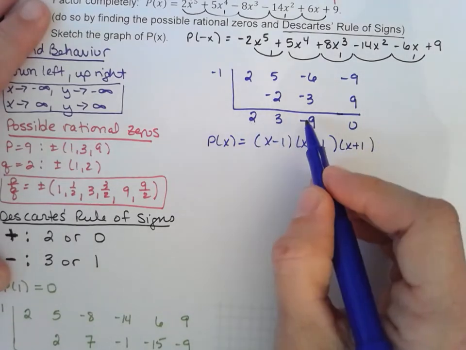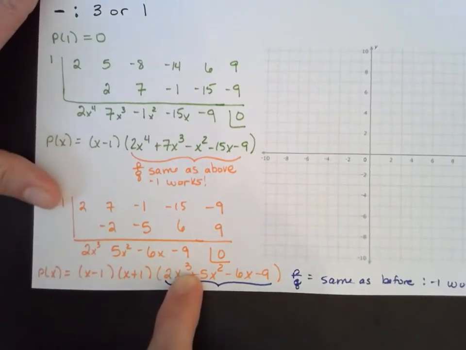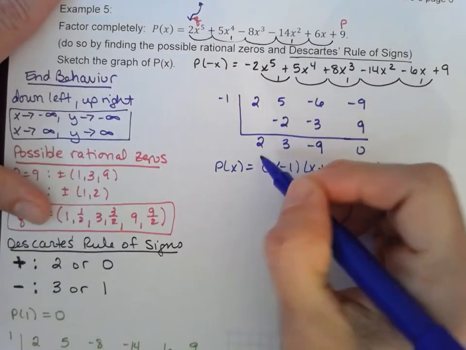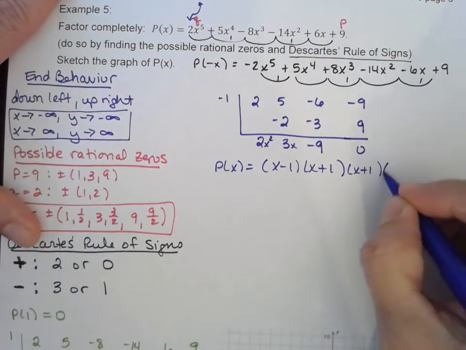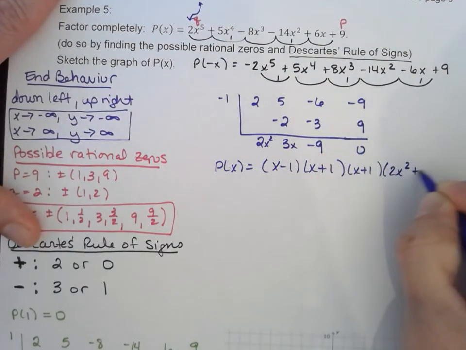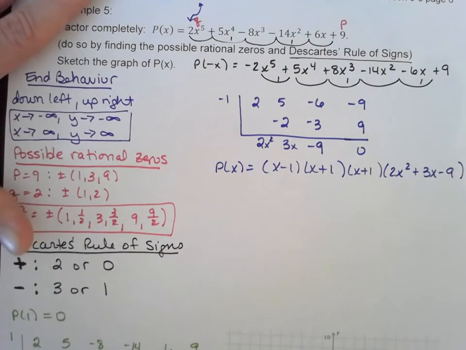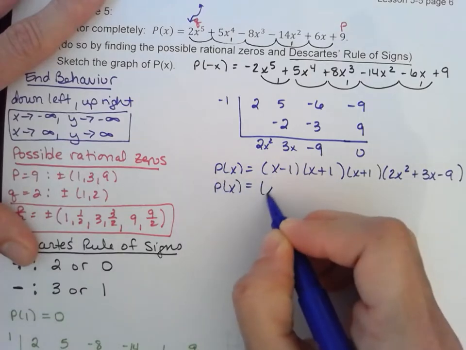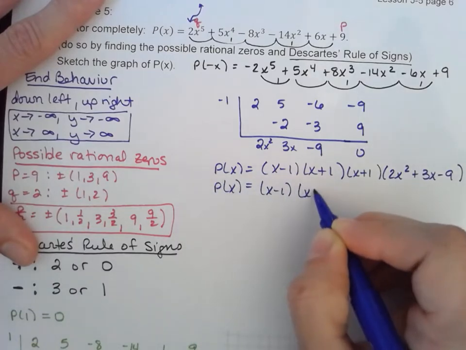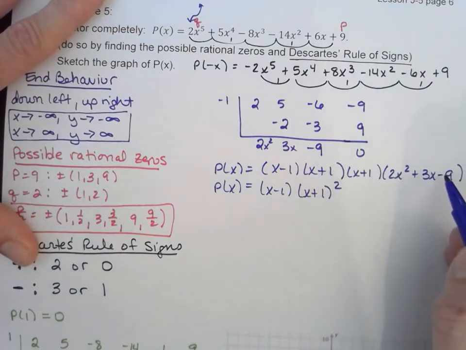Then we have this one. We're decreasing this exponent by 1, so it becomes a square. So this is x squared, and this is x. So we have 2x squared plus 3x minus 9. So right now what we have is x minus 1, x plus 1 squared, because we have two of them, and this has to be factored